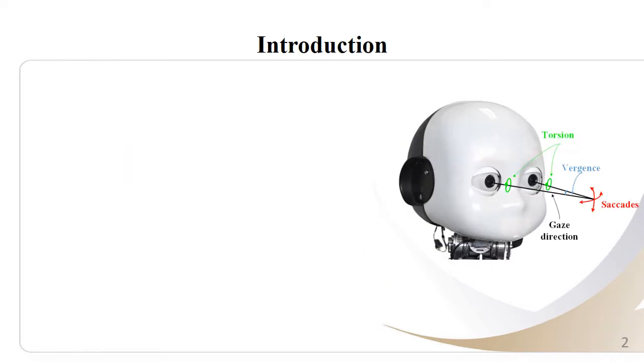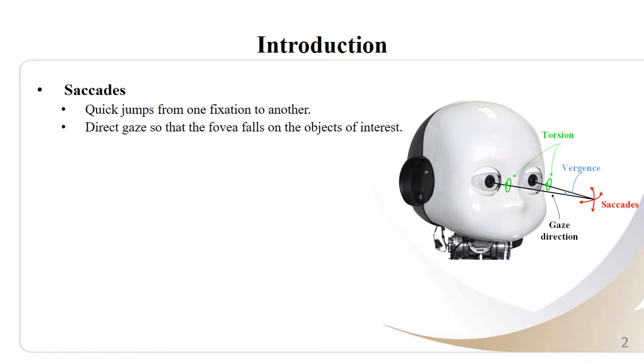First, I would like to give a brief introduction of the eye movements we model in this work. Saccades are quick jumps from one fixation to another. Humans implement saccades about 2 or 3 times per second. Saccades are quite important to the visual system because they help to direct gaze so that the fovea falls on